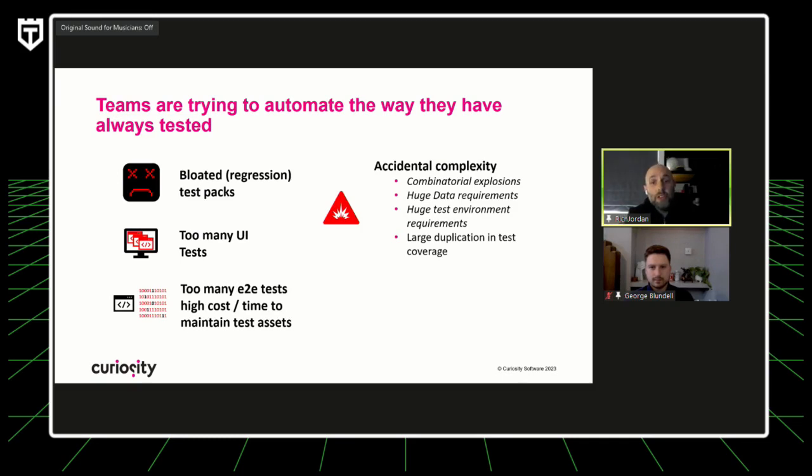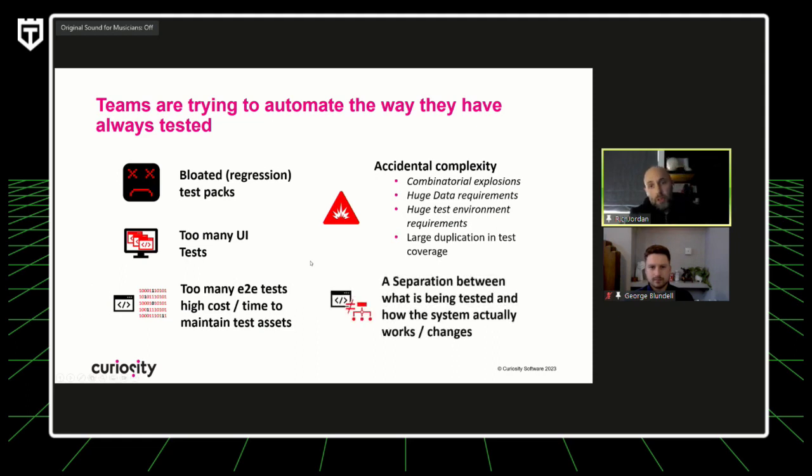You start to build in duplication and duplicated effort on top of that, right? So you've got a lot of accidental complexity that you're building into your processes today. What you've also got, and we don't talk about this quite so often, is you also tend to have, especially where you've got static understandings of the system.